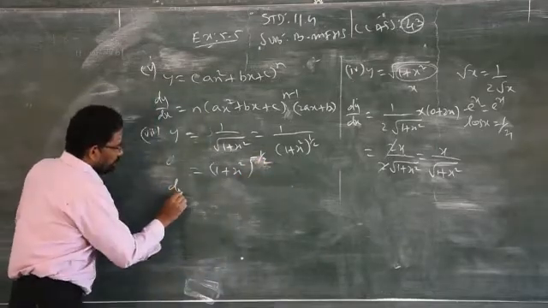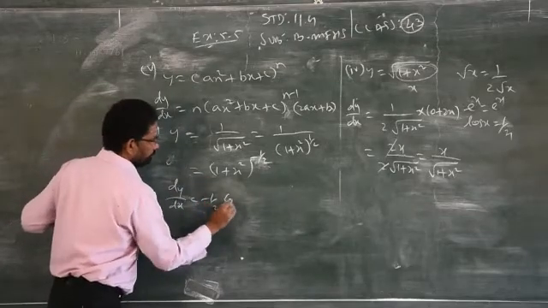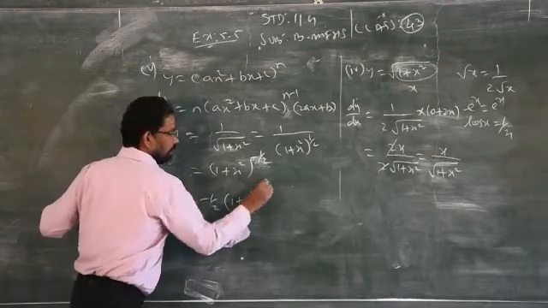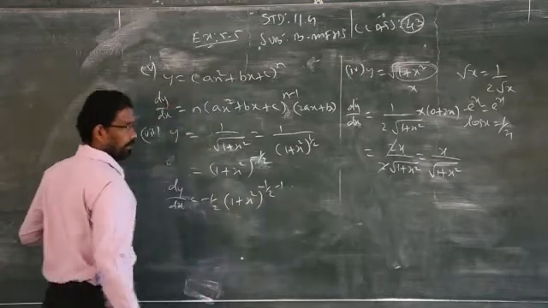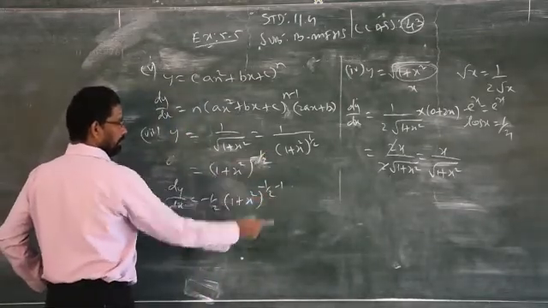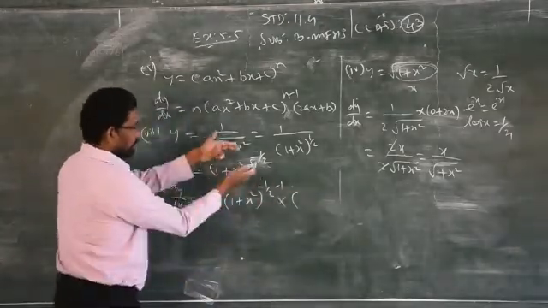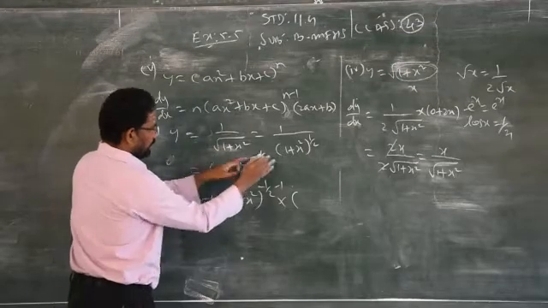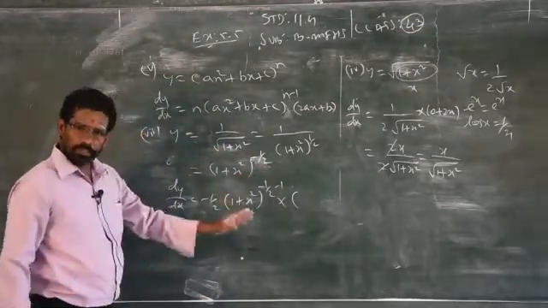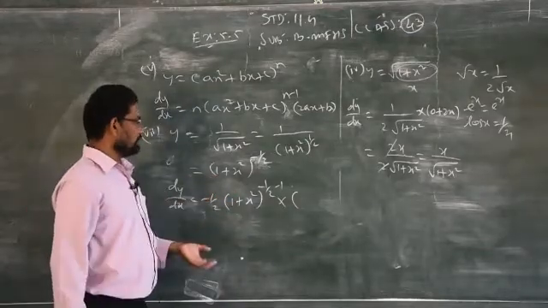So now I am differentiating. dy by dx is equal to first the power, that is the basic rule. First you have to take the power as a multiplier, then reduce 1 in the power, that is minus 1, then into the inside of the bracket. Then you differentiate inside the bracket. Differentiation of the constant is 0.